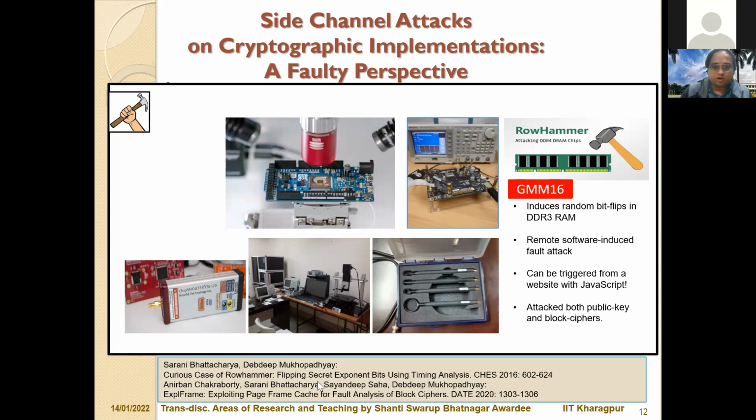So what we tried in one of our prior works is to access the memory very fast so that it doesn't get time to get refreshed. Because of this, there are certain 0 to 1 or 1 to 0 migrations that happen. What we showed in one of our prior works is that using such faults, you can recover the entire 2048-bit RSA key,